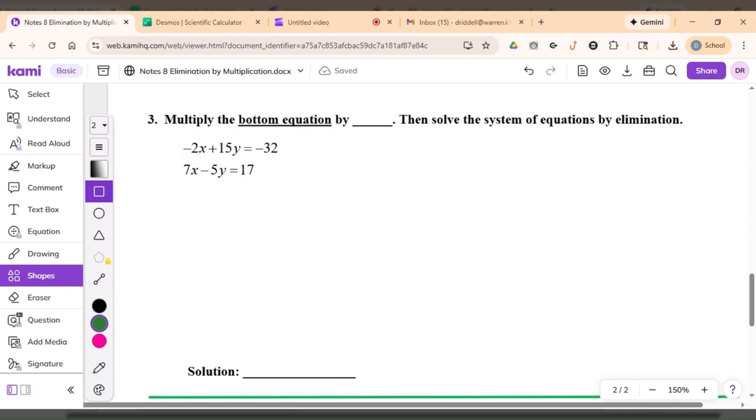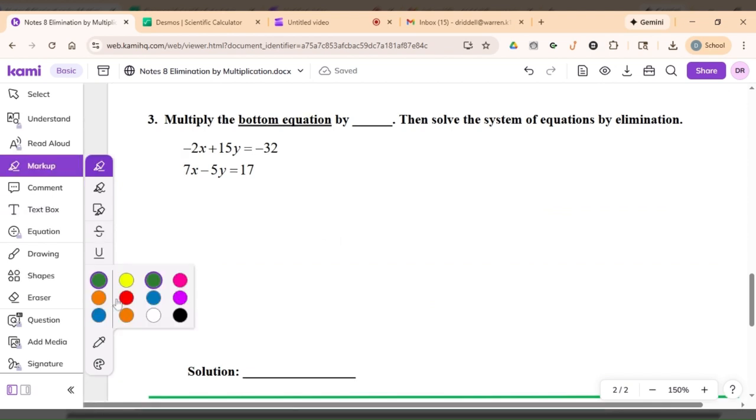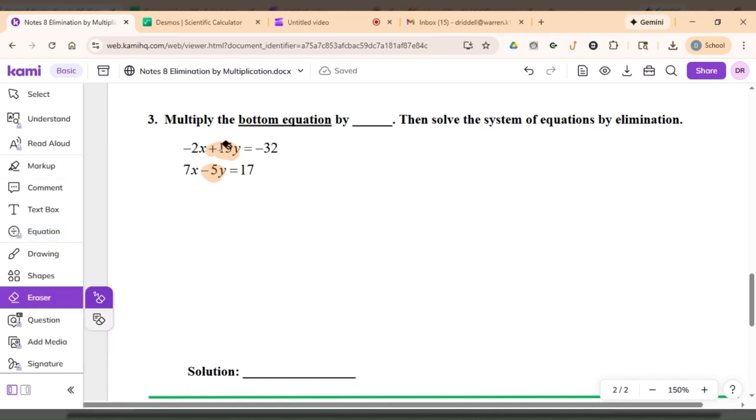It says multiply the bottom equation by something. And I'm saying that for this reason. If you're looking at your variables, look at the x's. You got a -2 and a +7, right? Those do not cancel. A -2 plus 7, that's 5. Nothing goes away there. But as you look at the next one, right, you have a +15 and a -5. They don't cancel, but we have a positive and a negative. And here's the thing. While they don't cancel yet, because 15 plus -5 is 10,